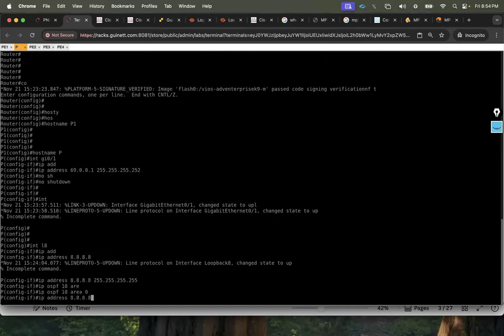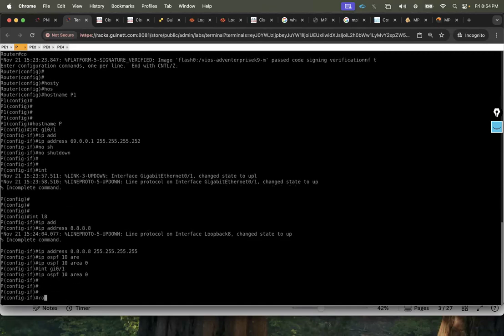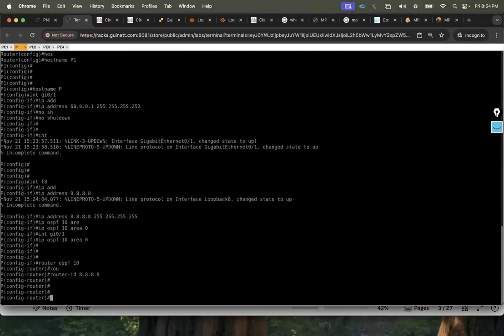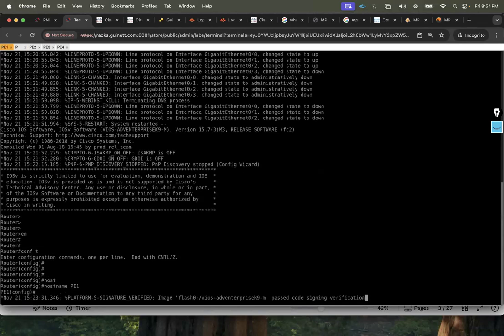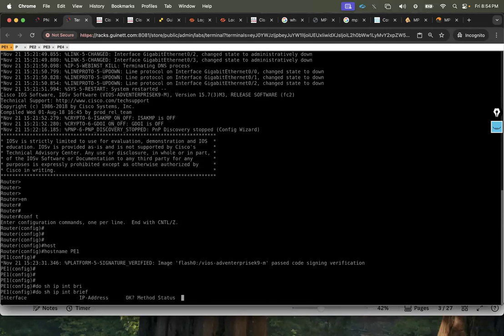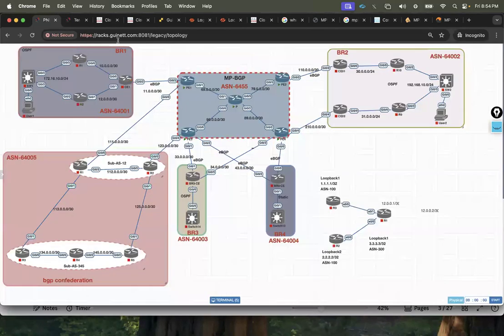And I will enable the OSPF quickly. I will enable the OSPF on the other interface. This one I will enable. Okay. I will make router OSPF 10, router ID 8.8.8.8. Okay, done. I'll go on this router, do show IP interface brief, and interface is going to be gig